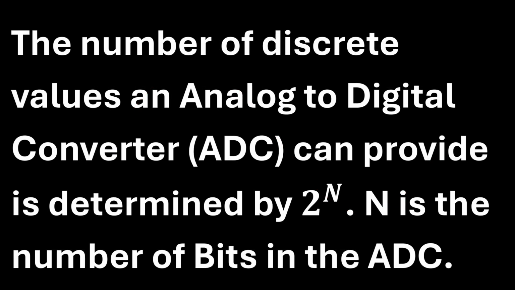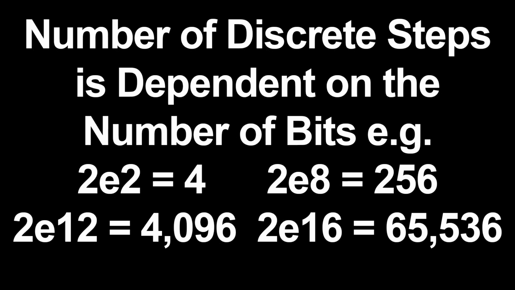The number of discrete values an analog to digital converter can provide is determined by 2 raised to the nth power. N is the number of bits in the ADC. Notice on this slide, we're saying that the number of discrete steps, if you will, is dependent on the number of bits. Now the E that you're seeing here, for example, 2E2, that means 2